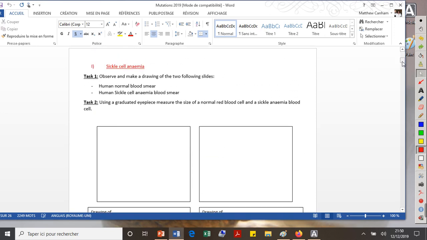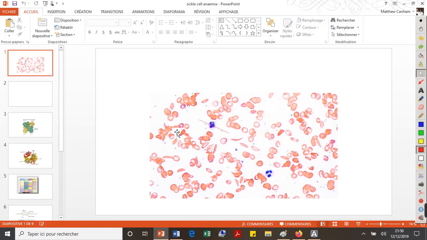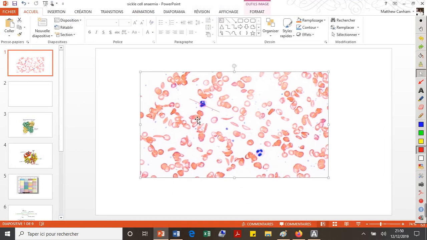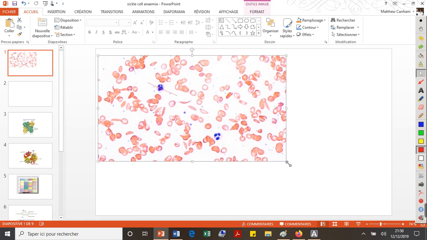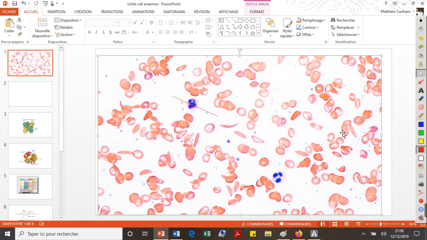Okay, so number 1, sickle cell anemia. Observe and make a drawing of the two following slides: human normal blood smear, human sickle cell anemia blood smear. So I've got a picture here where we have someone who has sickle cell anemia. So note that in this case this person has both types of red blood cells. If I enlarge this, we can see, if I circle out using black,